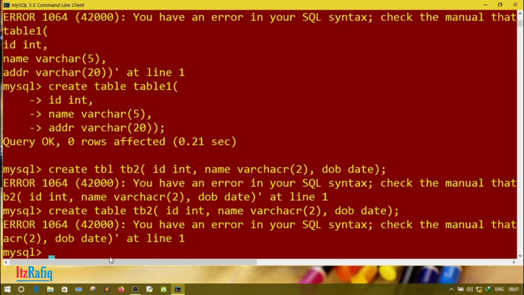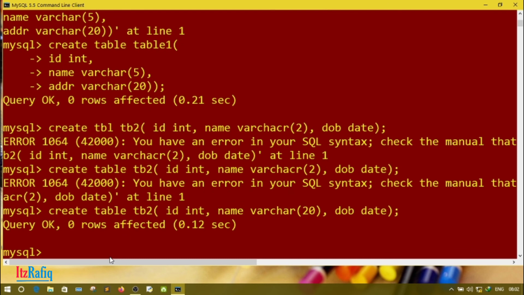Still wrong? I think I have made more mistakes. Create table tb2, id int, name worker varchar. Worker spelling is wrong. Worker size 20, dob date. So this way it's done. Now while entering data, sometimes you may make mistakes like insert